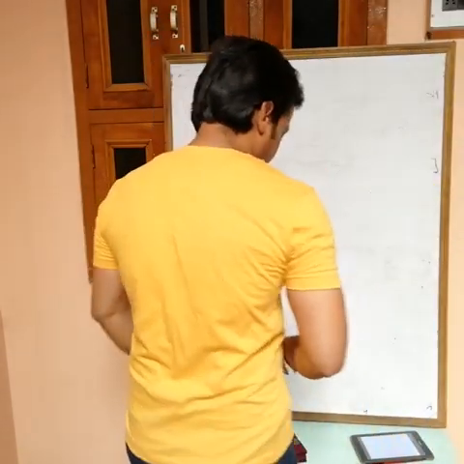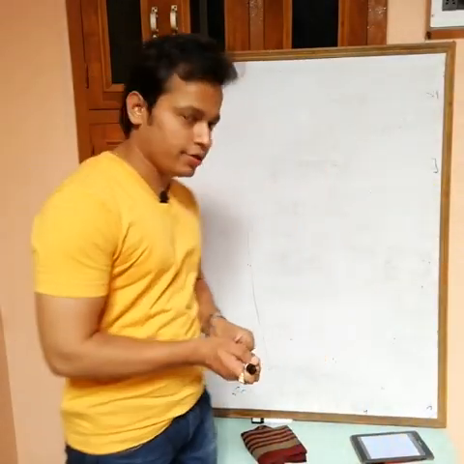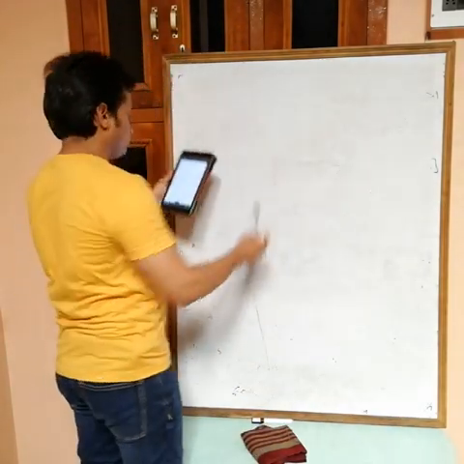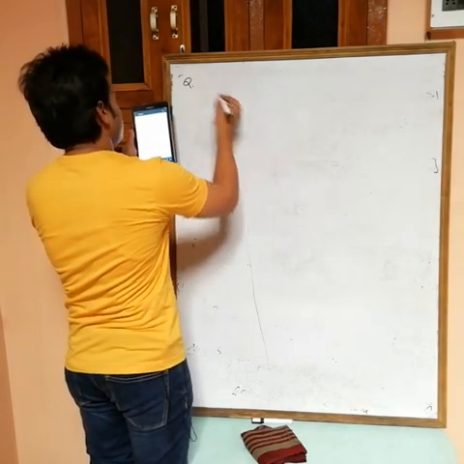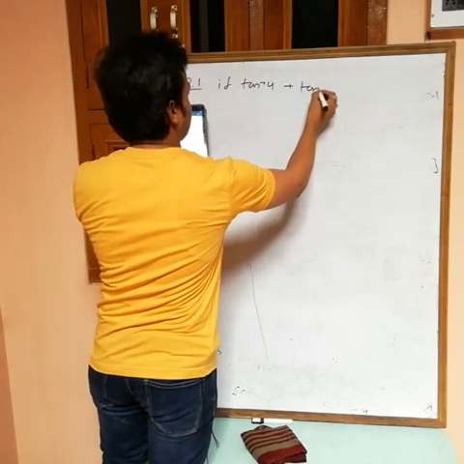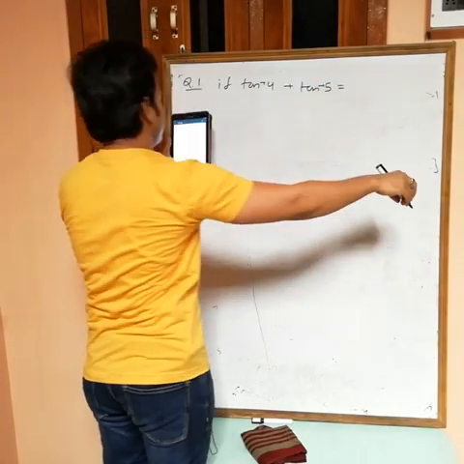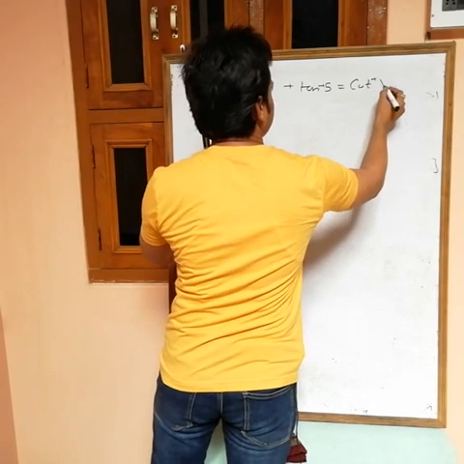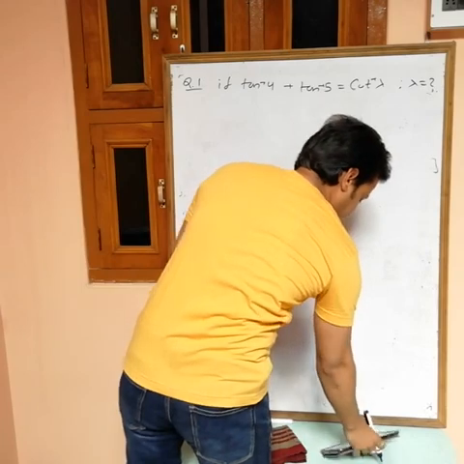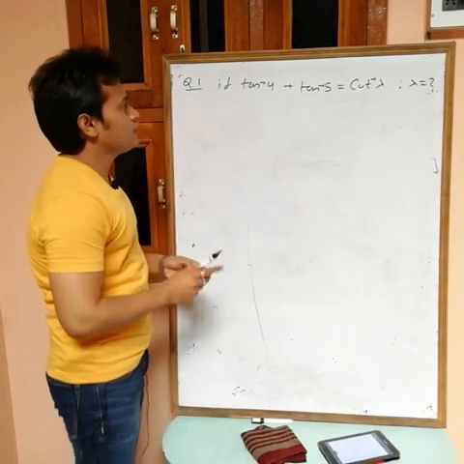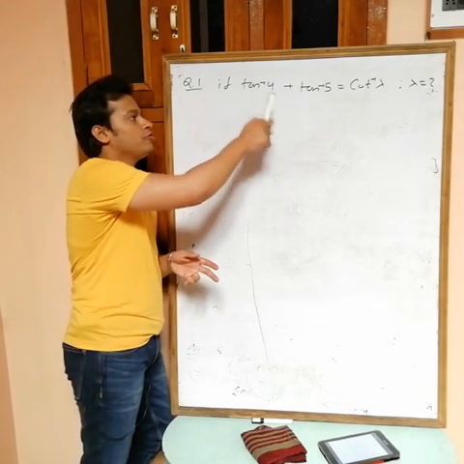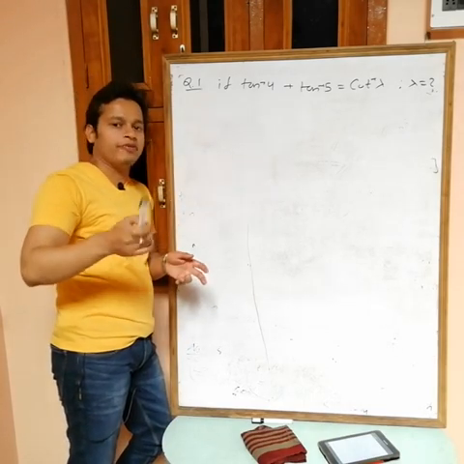Okay, so up to property number 6, theory was completed now. Now write a question. First question is, if tan inverse 4 plus tan inverse 5 is equal to cot inverse lambda, then find the value of lambda. It means we just have to solve this one, then we will compare to get the value of lambda.